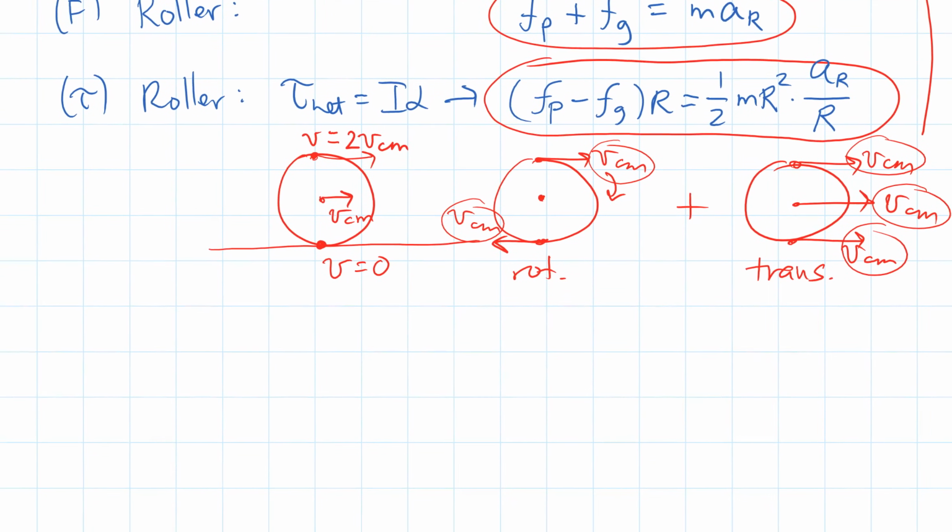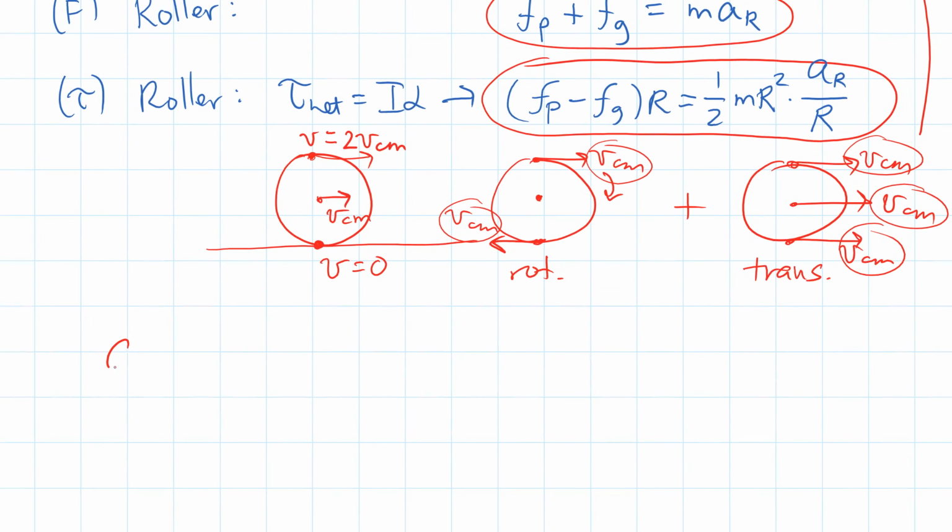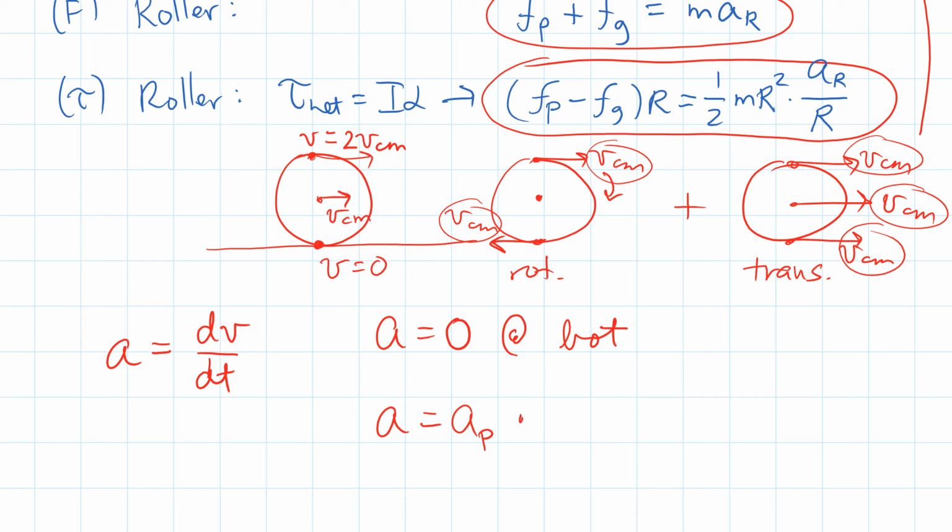So now what we realize is that acceleration is the derivative of velocity with respect to time. So we can think about this that basically if the velocity is 0 at the bottom, then a is equal to 0 at the bottom. And if we call the acceleration ap for the plank at the top, so in other words, the plank as a solid object is translating with the same acceleration everywhere, that means that the plank has an acceleration of ap